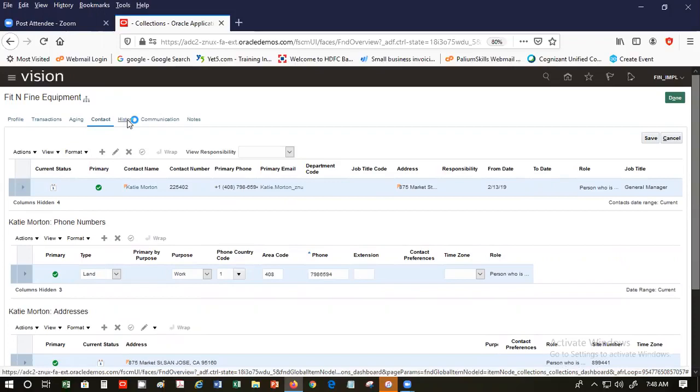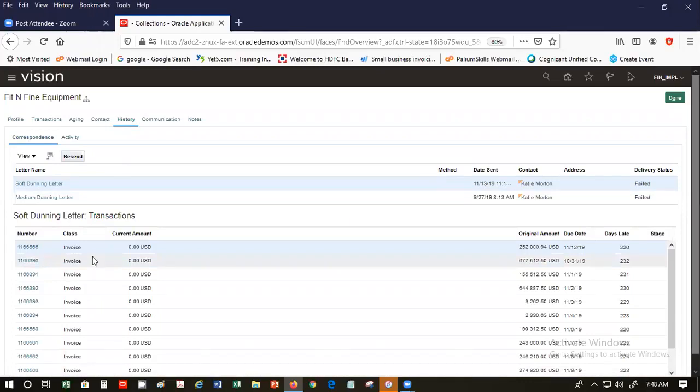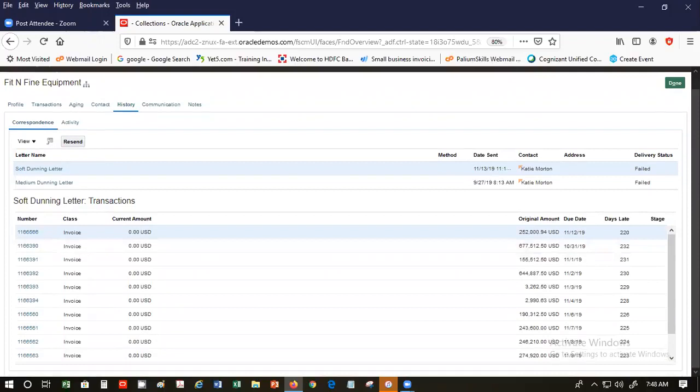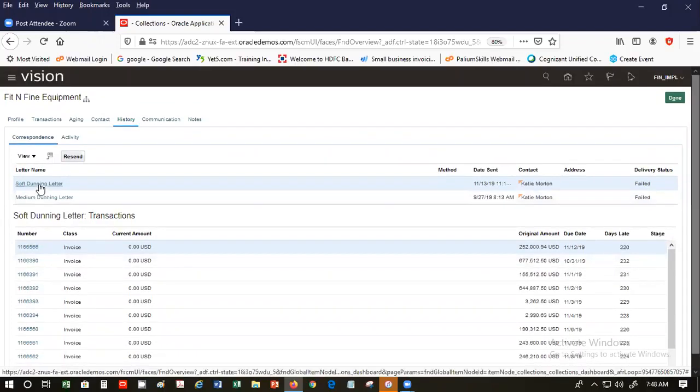History of different things that have happened in the account over the past. So these are different letters that have been sent in the past. We have different categories of dunning. This is called the soft dunning. This is like a gentle reminder that such and such transaction is outstanding. So if you click on this,